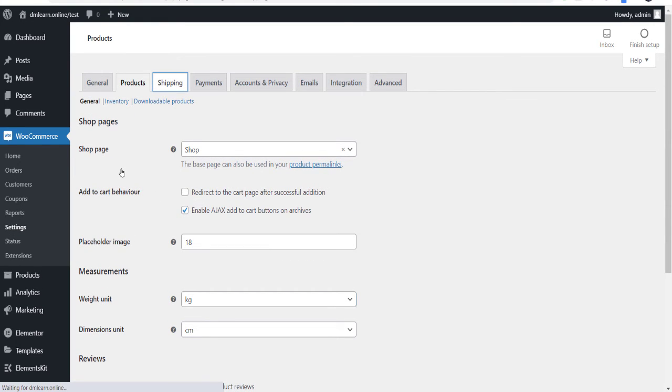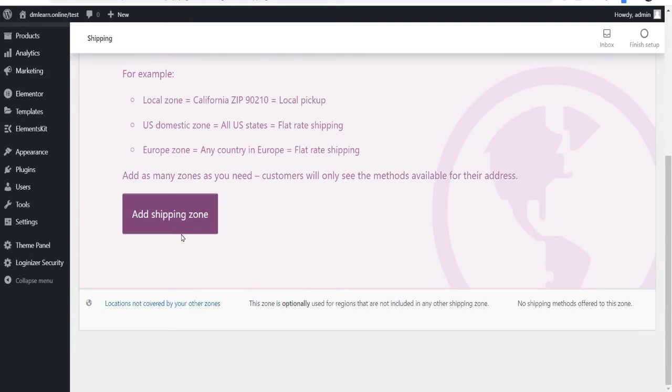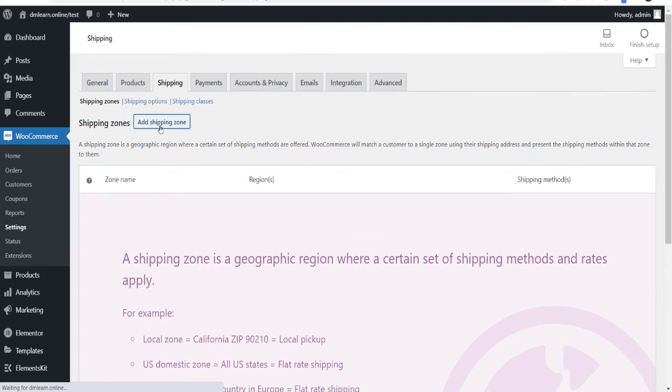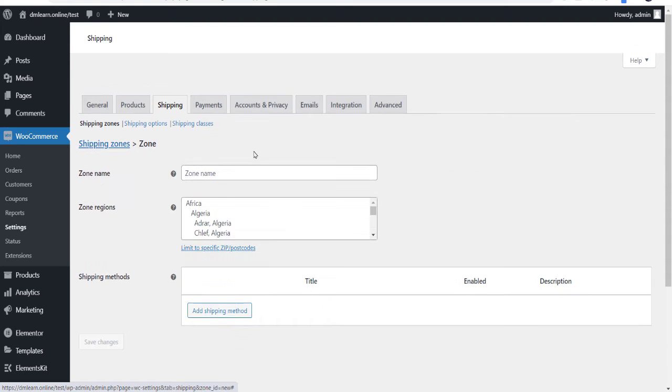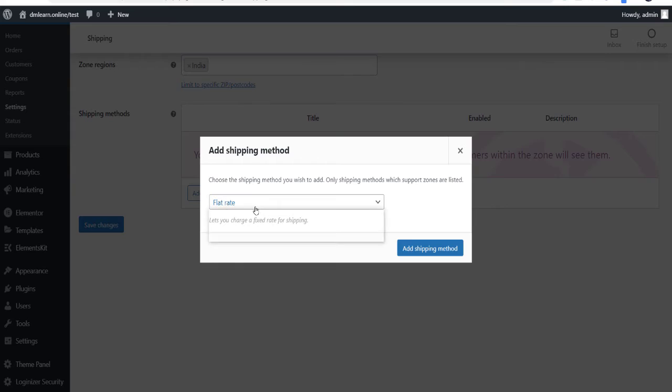Now go to shipping. In the shipping section you have to create zones, so I am creating one for you so you can learn how to create it. Suppose my zone name is India, choose India. Which method?